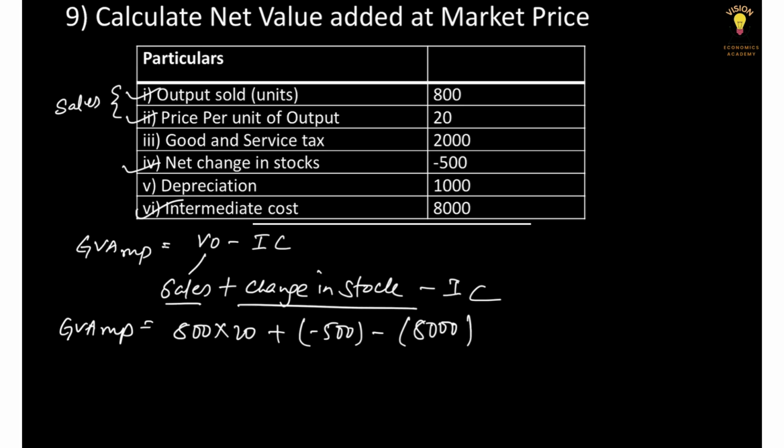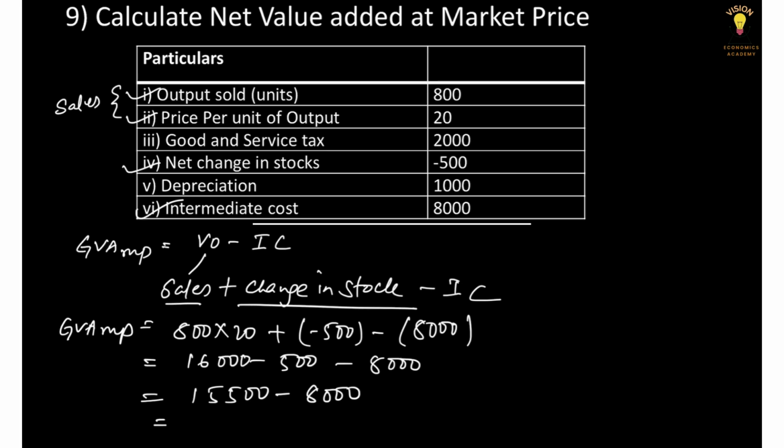Now, 16,000 minus 500 is 15,500, minus 8,000 would give us